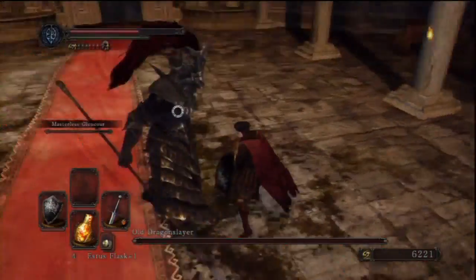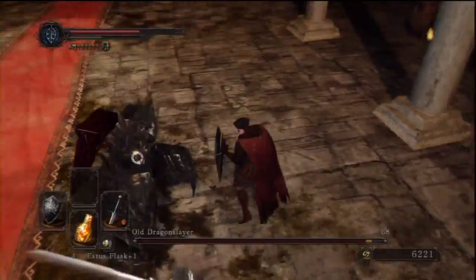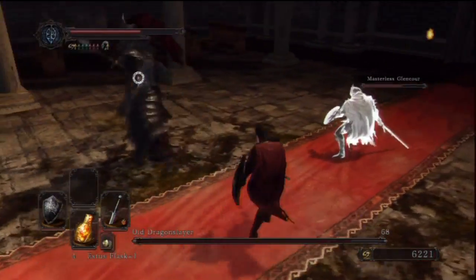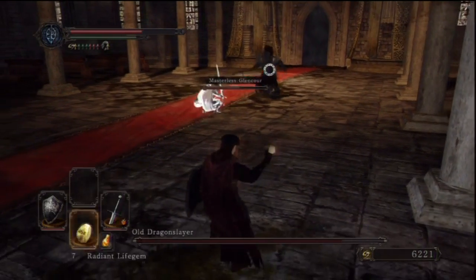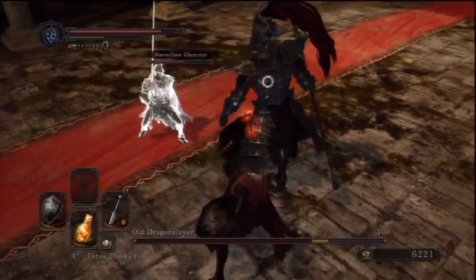No, Fume Knight's actually, I've figured out Fume Knight's easier if you wear Velstadt's gear straight away. It's easier to dodge the Ultra Sword than it is to dodge the Long Sword, rather. Anyway, here it is with Masterless Glencore, and it's a cakewalk. He just takes so much aggro and deals so much damage, where you can just run away and heal and then poke away at Ornstein, so...